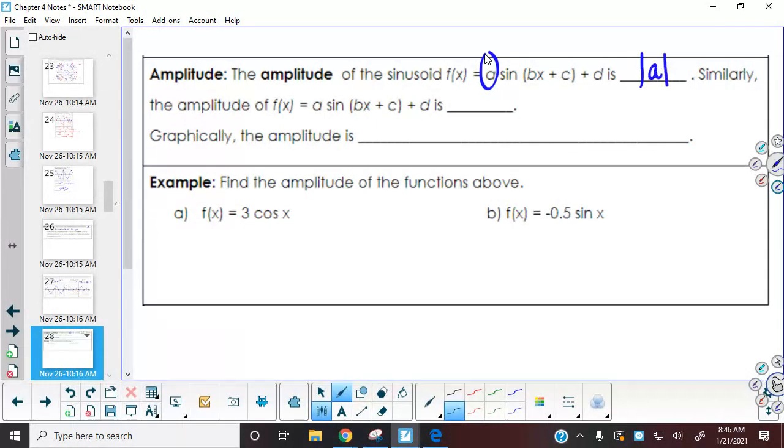So for example, if we look at the functions before, we're going to figure these out relatively easily because we are going to look here and here. So give me 1 second to fill in the gaps of as far as this amplitude box, and then we'll figure out the actual amplitudes of those examples. So the amplitude of the function here, again, we're just going to look right there, absolute value of A. Let me make this even easier for you guys. Graphically, the amplitude is half of the full height